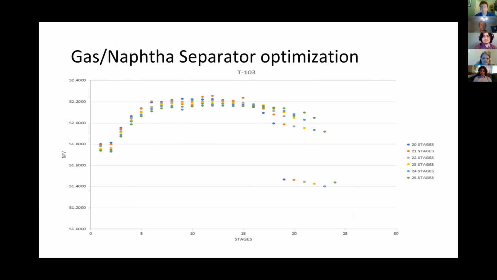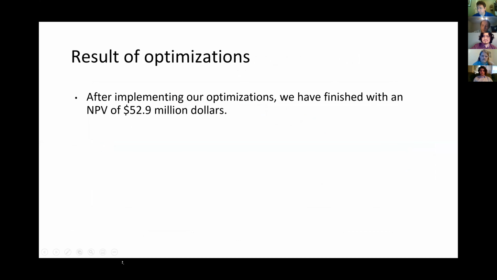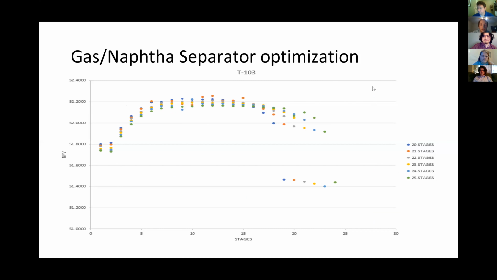And then this is our gas naphtha separator optimization. This is tower 103. And in this optimization, we coupled the number of stages with the feed stage versus the NPV. And as you can see, I believe it's 21 stages with a feed stage of 14 is what we found to be our optimal